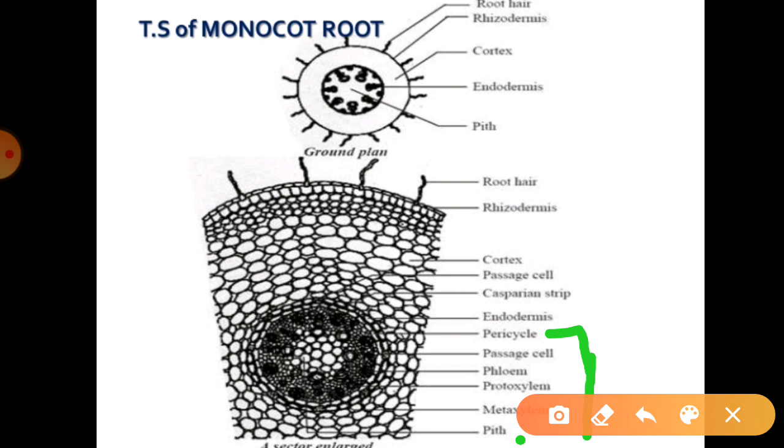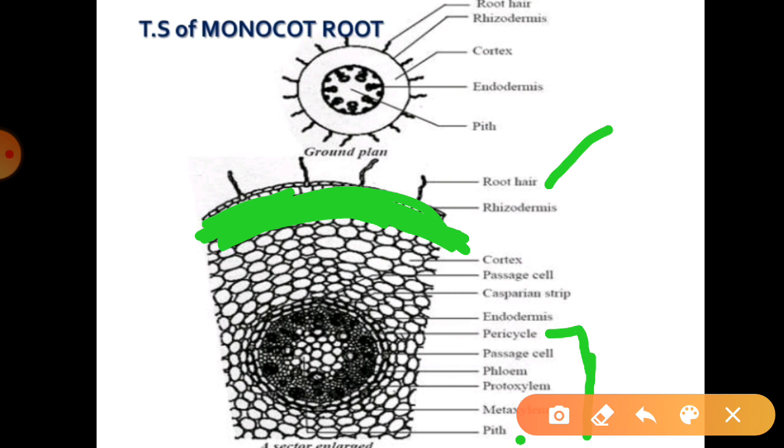You can understand this epidermis as the outermost thin-walled, compactly arranged layer of cells, and these cells give rise to root hairs. You can see the root hairs found over there. This portion is the epidermis, completely packed in structure, and it also gives rise to root-like hair structures. They are known as root hairs.